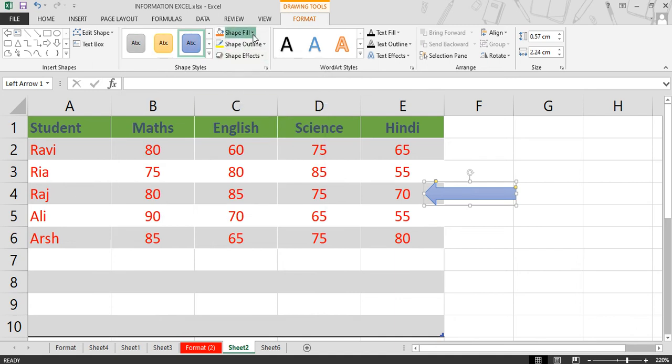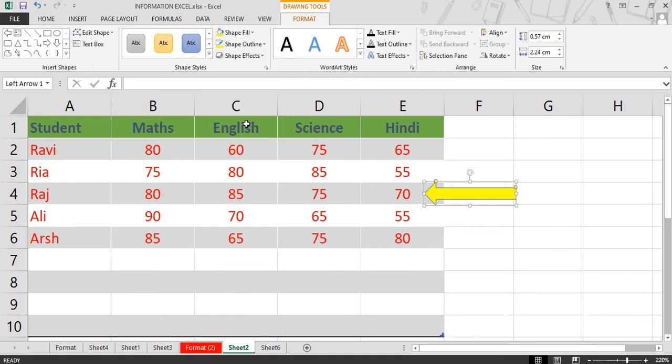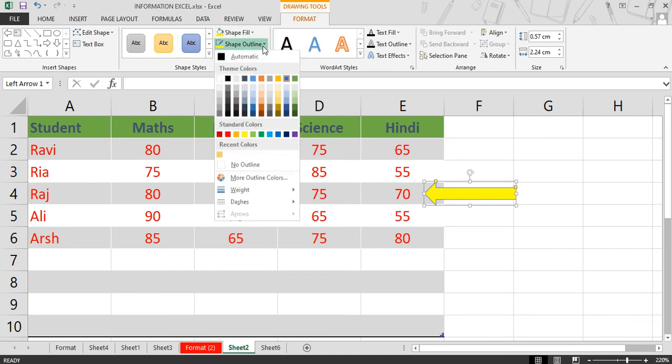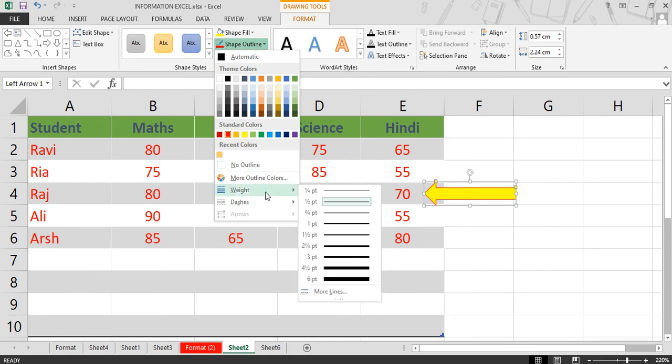Either you can change the shape fill color from here, that is predefined with some border colors, but if you want to do it manually one by one, then you can also do it. Then you can change the outline color, meaning the border of this picture. If you want to increase the outline weight, you can change it.